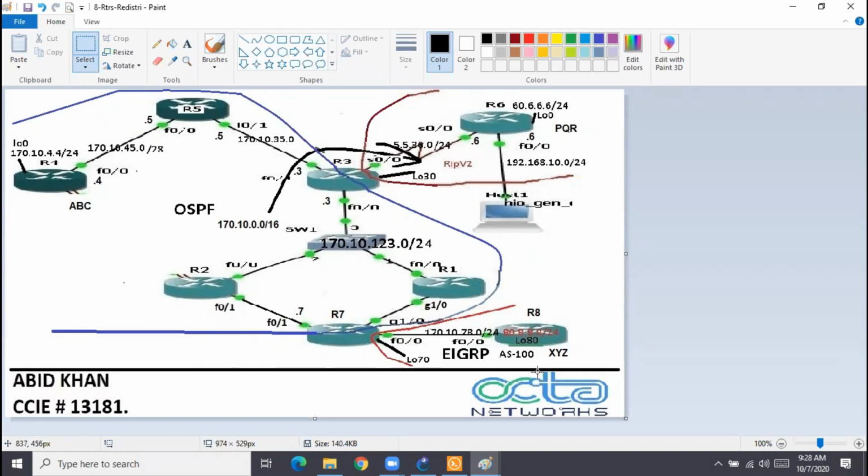Now see, I can tell you the same thing the other way. I say, okay, R8 is receiving routes from R7. There are routes coming in on R7. In the R8 routing table, these two routes must not be visible. Configure accordingly. That's it. Now, if somebody does the solution on R8, he also scores, and if somebody does the solution on R7, he also scores.